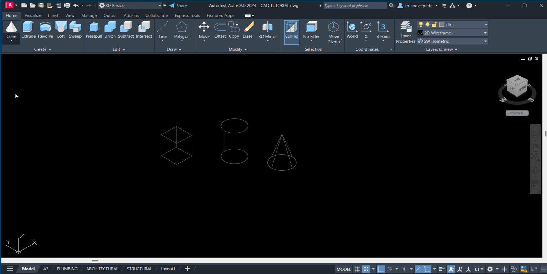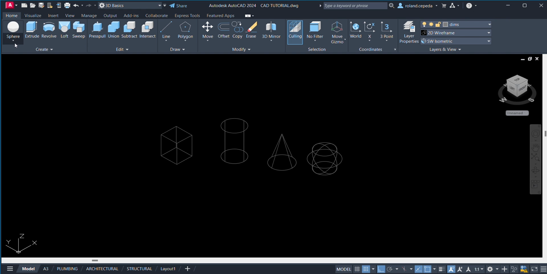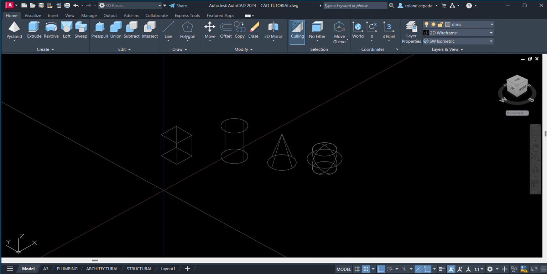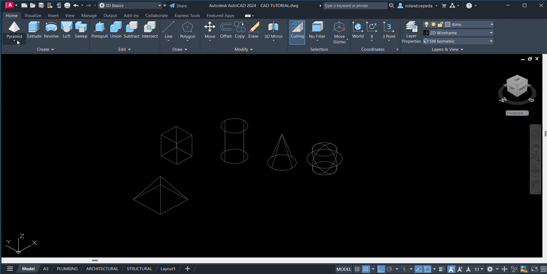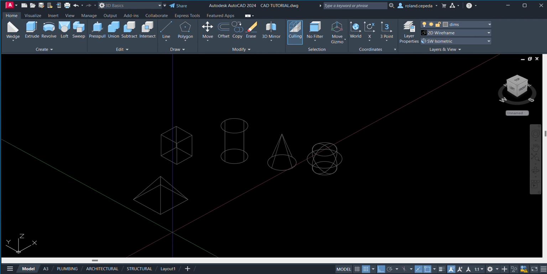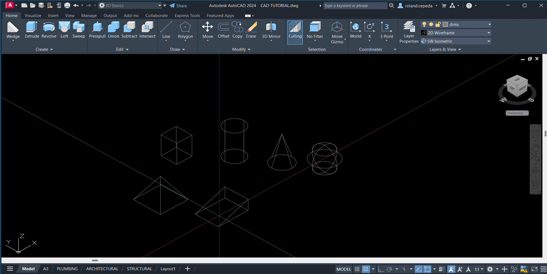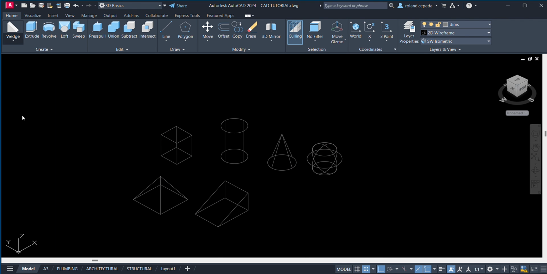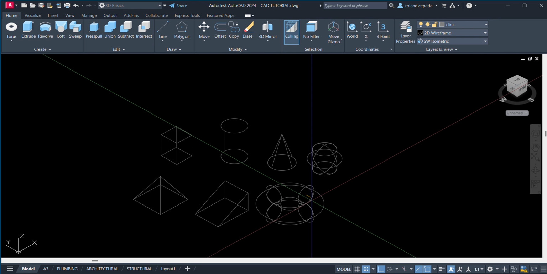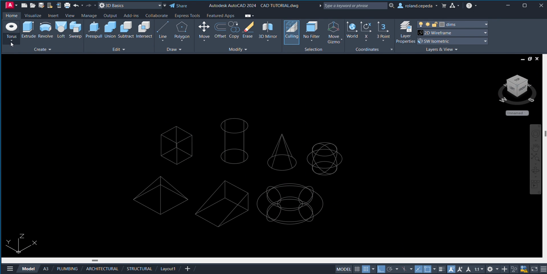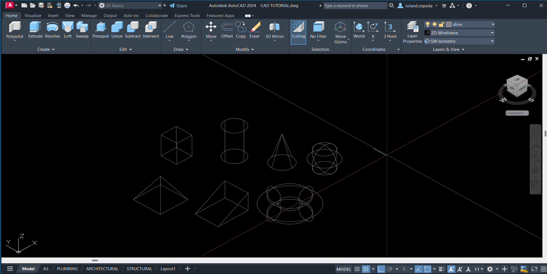Next is the sphere, the pyramid, the wedge, the torus. So let us try also the polysolid.